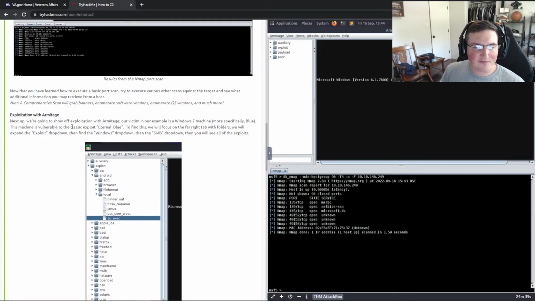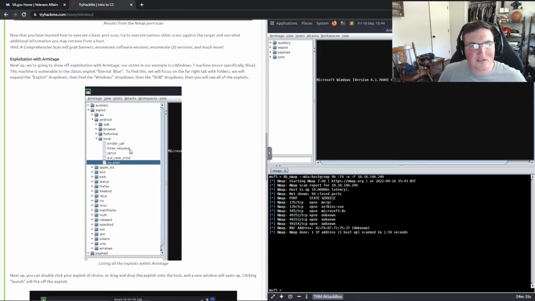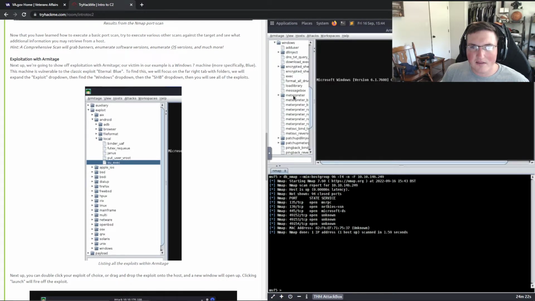Okay. And then from here, they give you a picture of a different one. So don't follow this picture because this is an Android exploit. I'm not sure why they do that. But what you're going to do is go to the actual payloads here. Okay. And we're going to go to Windows because this is a Windows box. And then we're going to look for,